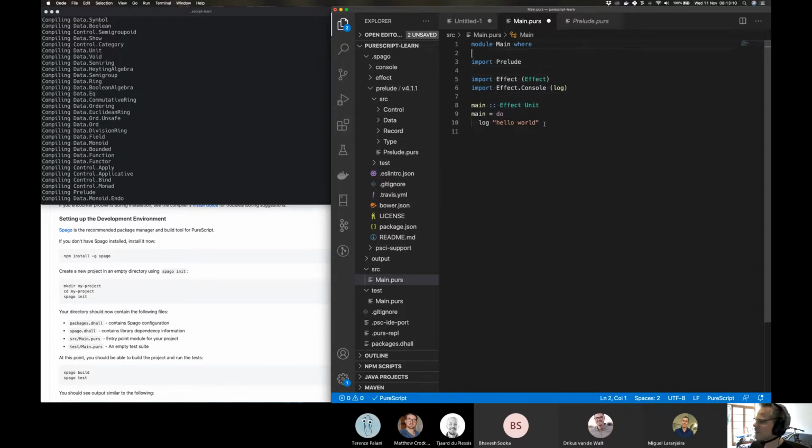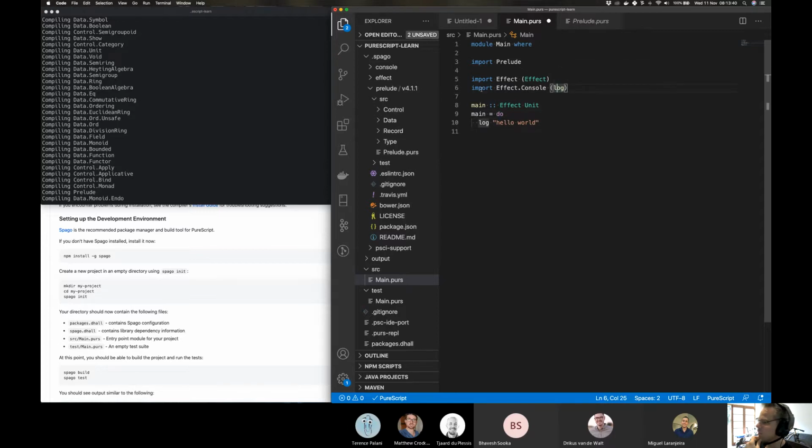So let's just look through this. We go module Main, so we're defining a new module called Main. Makes sense. That's our library. We're importing the prelude. I assume, can't remember because there's no brackets, I think that's like an import star. So it imports everything and it should just become local. So log. Oh, I see. So log, oh there we go. So log of hello world. So main equals do log of hello world. Ignore this do thing for now.